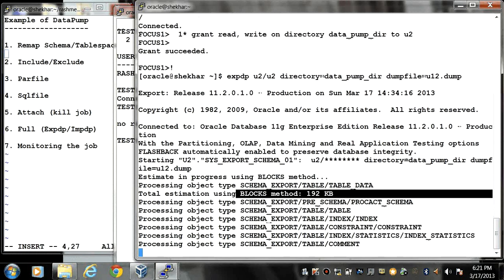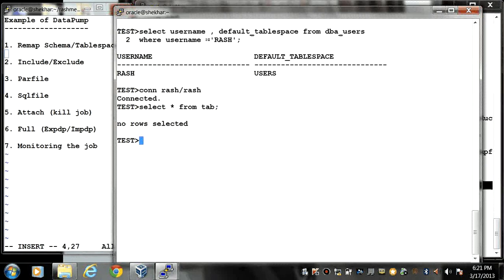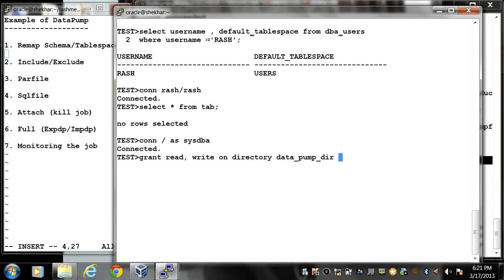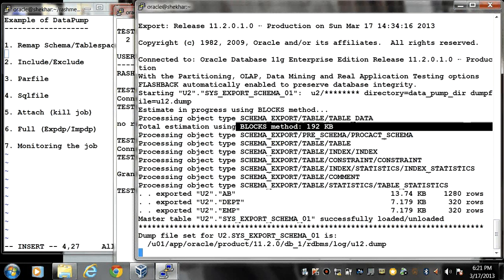Now in this database I also need to give privileges to the rash user: grant read, write on directory data_pump_dir to rash. So I also granted it to rash. Now I can see that all the objects have been exported and my dump file has been created successfully.